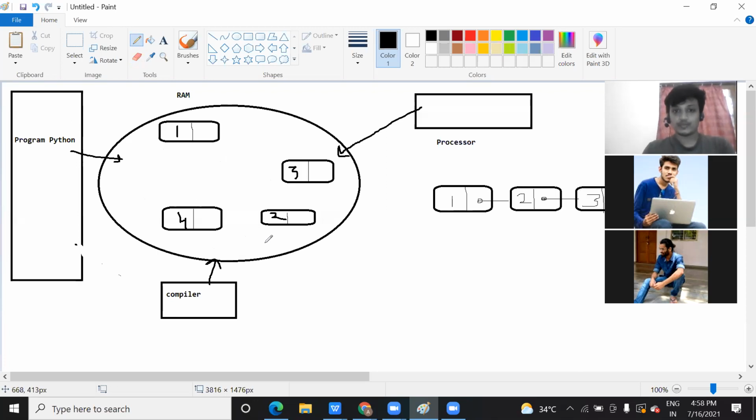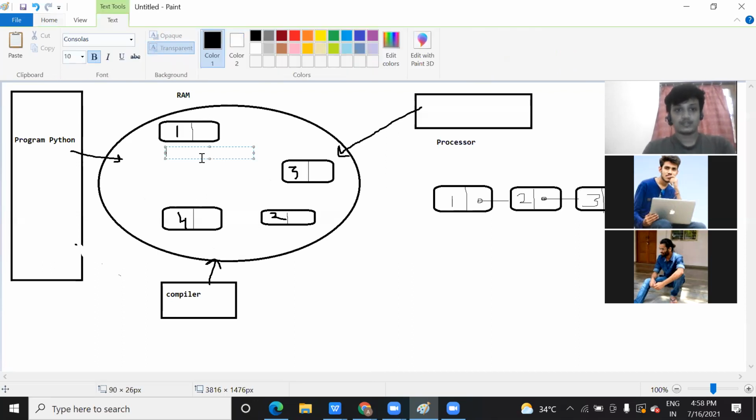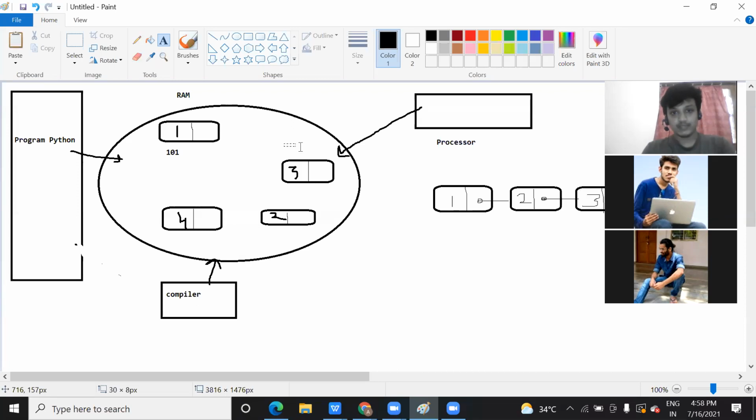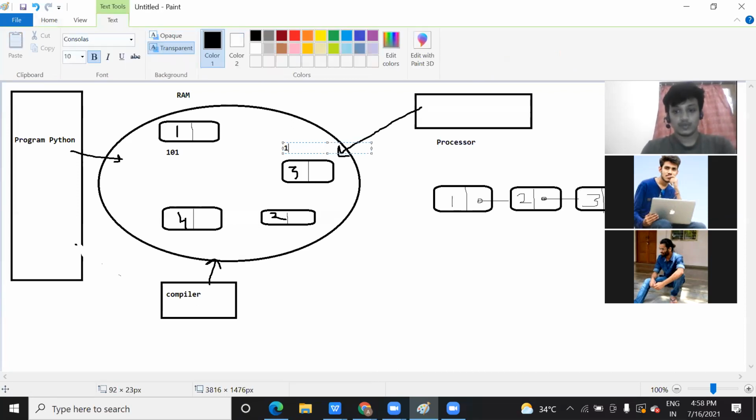What was the program here? To arrange the data in a sequence. So now when the processor or compiler works on the program, how will they generate the output? They will see that suppose one is saved at a certain address, for example 101, two is saved at address 103, and so on.